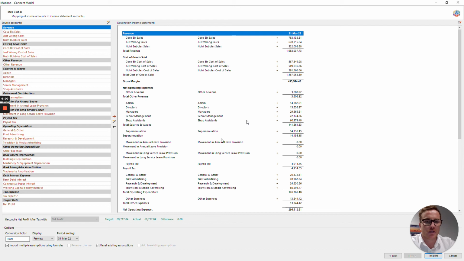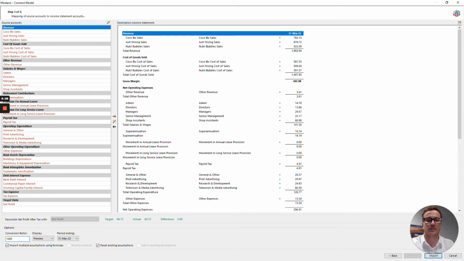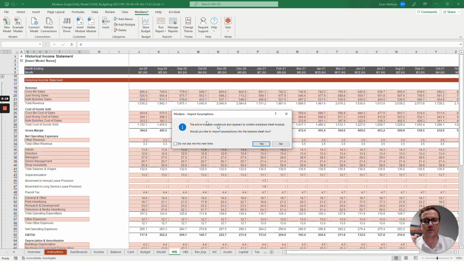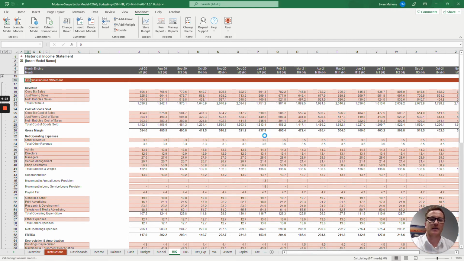Everything's looking good. As a final step, they're quite big revenue numbers here, so I'm going to put in the bottom left a conversion factor of 1,000 just to divide all the numbers by 1,000 and get some of the weight out of the model, so it's easier to see the wood from the trees and look at significant figures. And once I'm happy, I'm going to hit import. That'll then paste all of those values into the model,